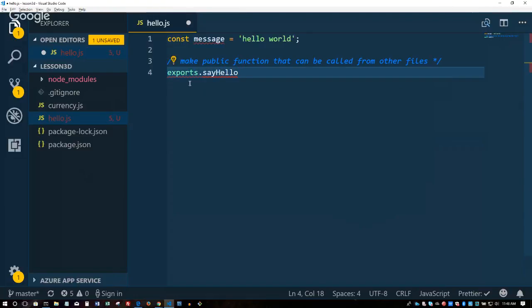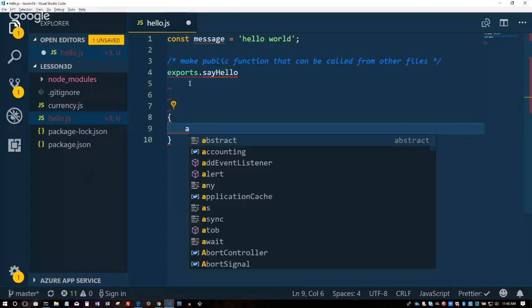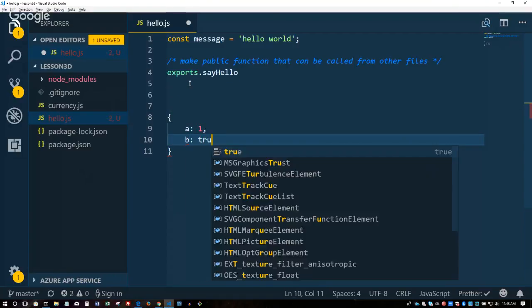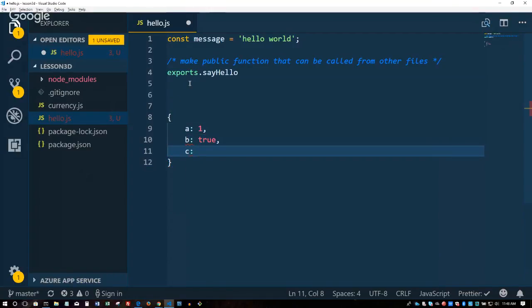Remember how last week I said when it came to JavaScript objects, don't type this. I'm just reminding you what I said before. So here's a JavaScript object, you know. Remember last week I talked about JavaScript objects.